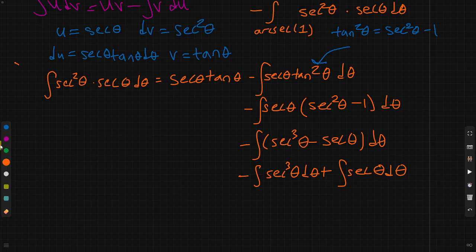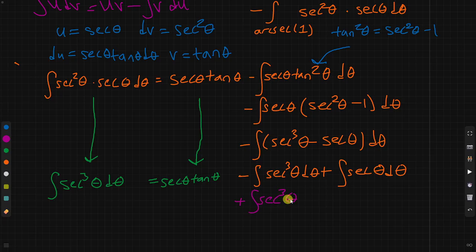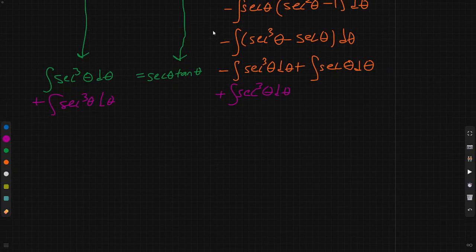Now I'm going to bring this secant theta tangent theta down here, and now I'm going to rewrite this integral, secant squared theta times secant theta, as simply secant cubed theta d theta. Now I can add the integral of secant cubed theta d theta to both sides, and I simply get